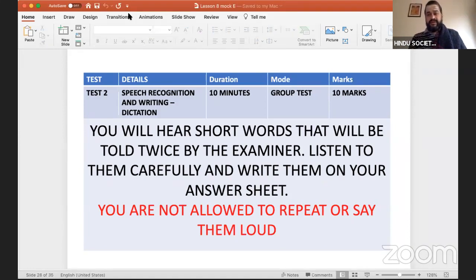So I will introduce my wife, Prema, because we will be telling the word twice, one in my voice and one in her voice, so that even if the pronunciation is not clear, you will have another voice to hear it. I will stop sharing the screen because I cannot show the letters to you. It is going to be orally told. So get ready for the test. Are you ready? Each word will be told twice by me and twice by my wife Prema. Hear it and write it clearly. The pronunciation is very important.